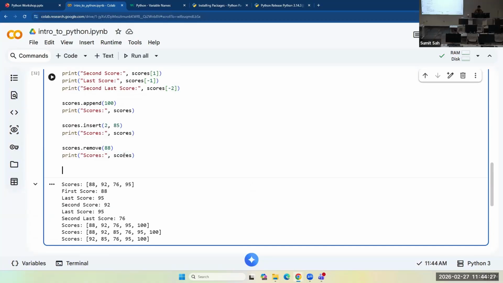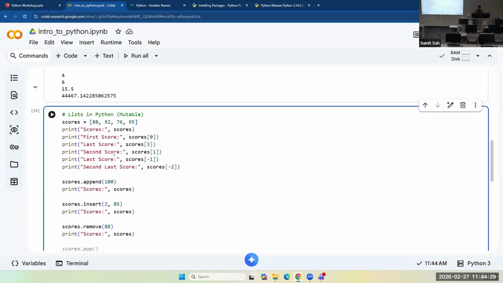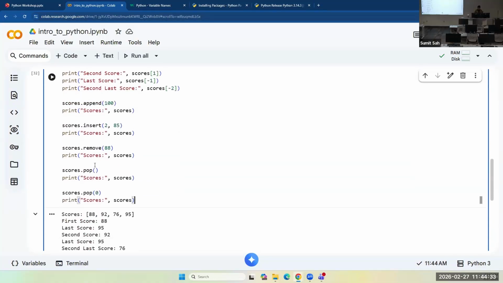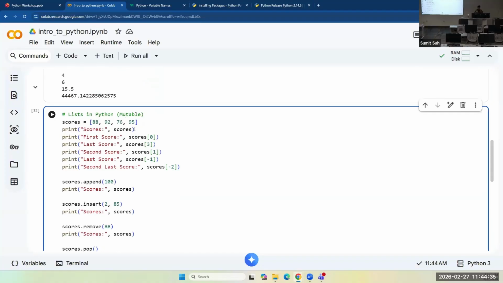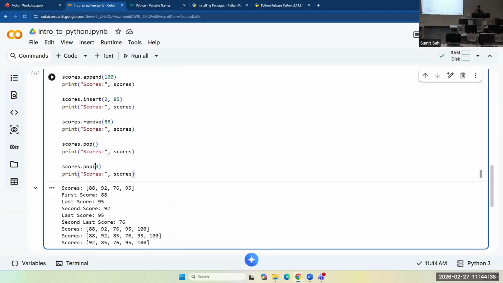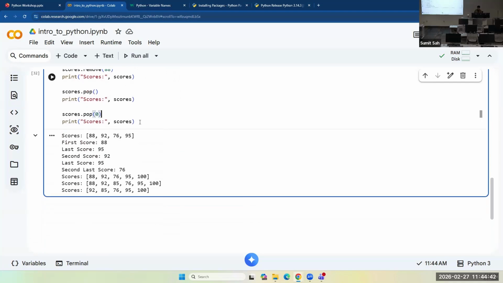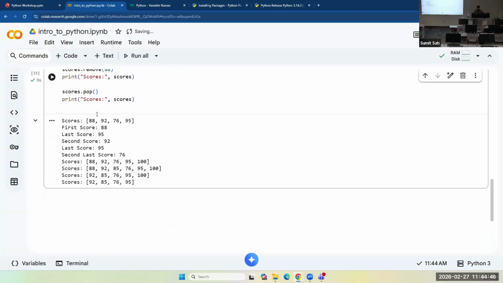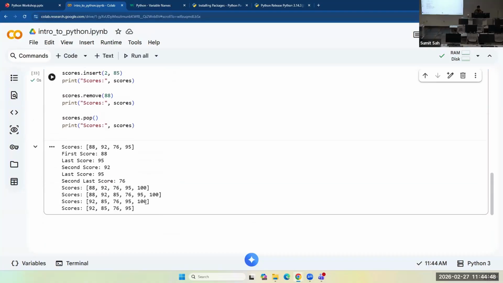Similarly, you could pop out elements. If you just say pop, it will pop out the last element. And if you specify the index, it will pop out the element at that index. So pop, now that one is gone.